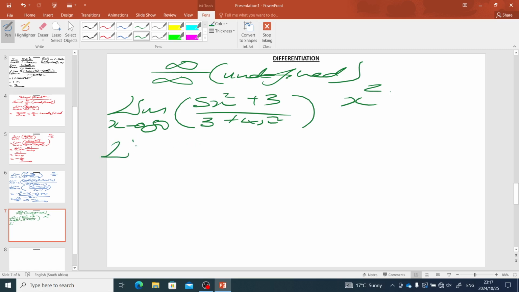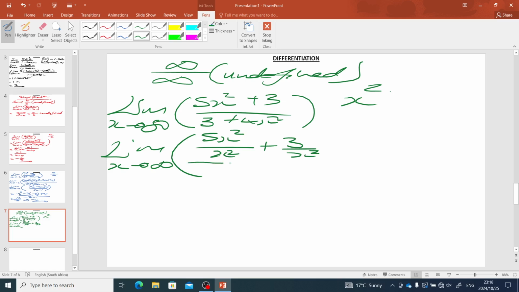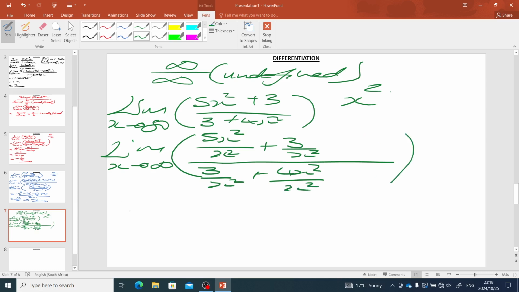I will have the limit as x approaches infinity, open bracket, 5x squared divided by x squared plus 3 divided by x squared, all over 3 divided by x squared plus 4x squared divided by x squared, close bracket. Then this is what we will have. The x squared and the x squared will cancel out. I'll be left with 5 plus